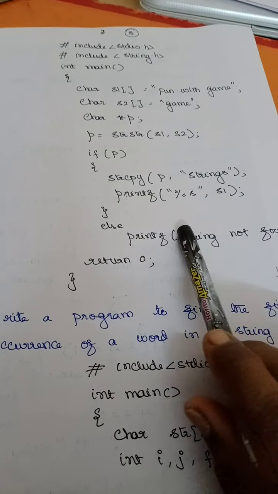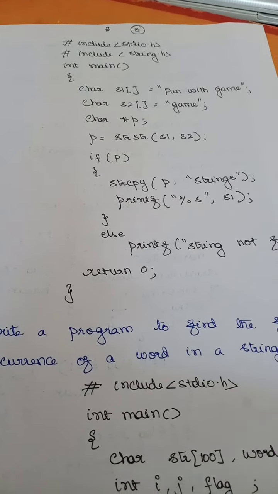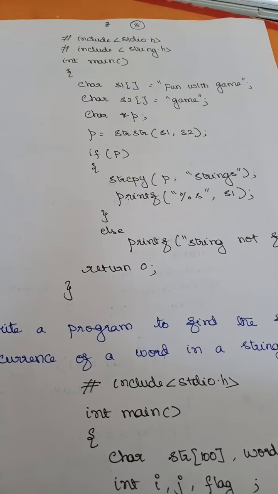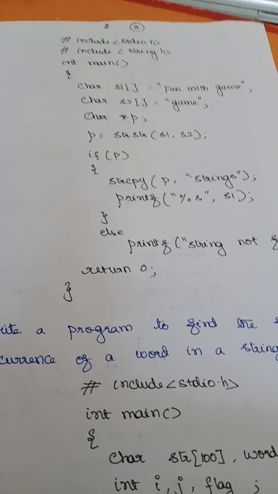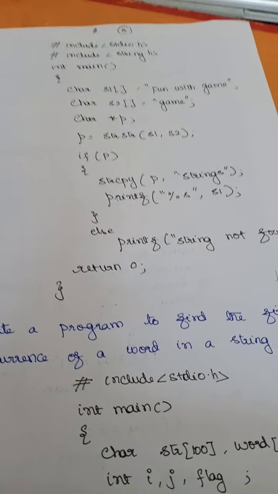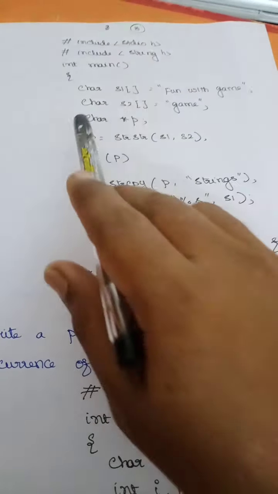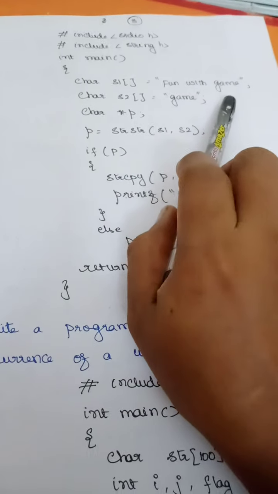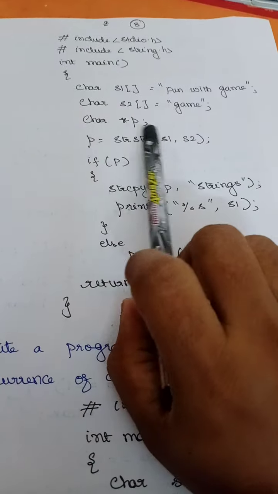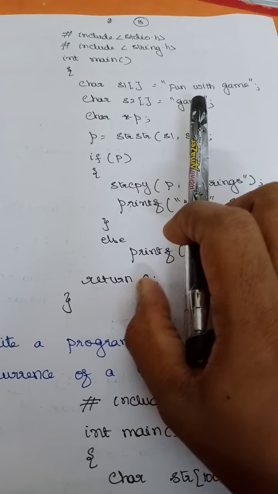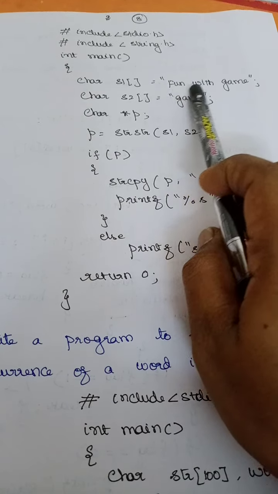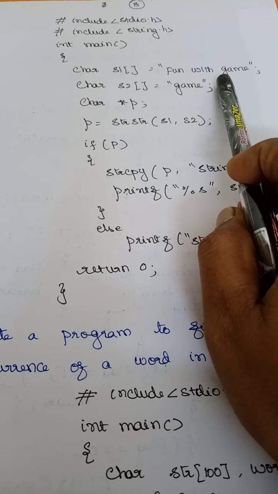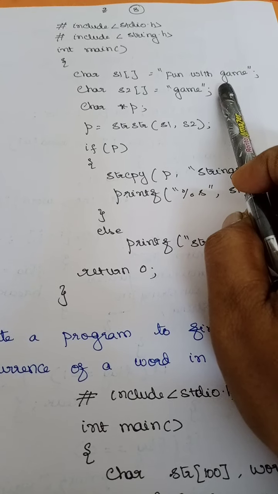There is another program here. There we have seen if the pointer is there, then we need to print the string, right? Suppose I want to write something in the place of that particular substring, even that I can do. Is that clear? So for example, here I have s1, I have s2, "fun with game", right? So here I am checking strstr of s1, s2. I am checking whether "game" is present in this particular string. Yes, it is present. So this pointer will return where this "game" substring begins, right?